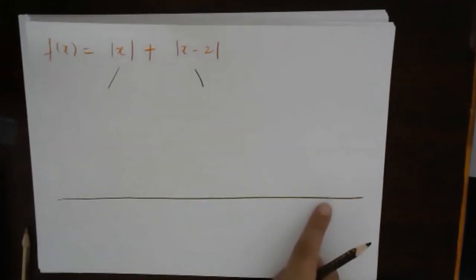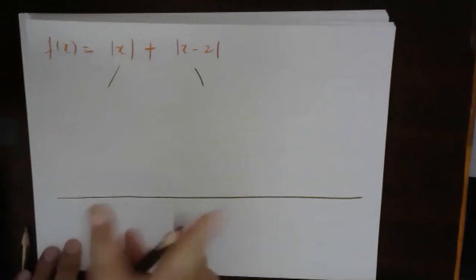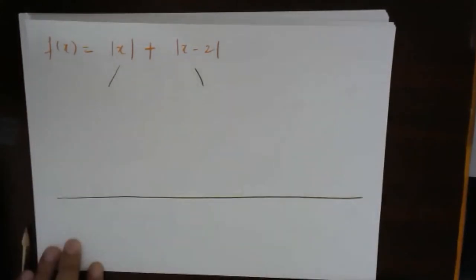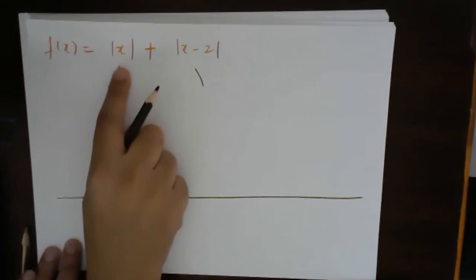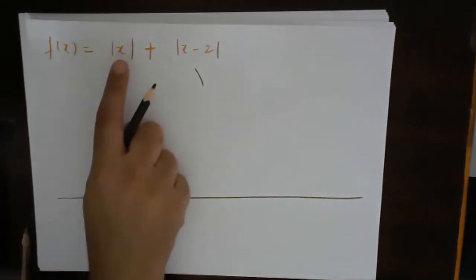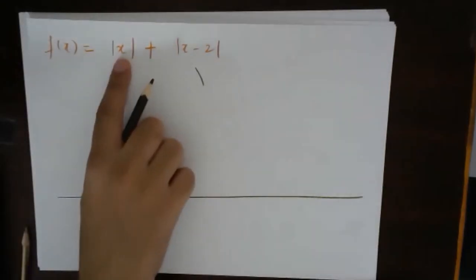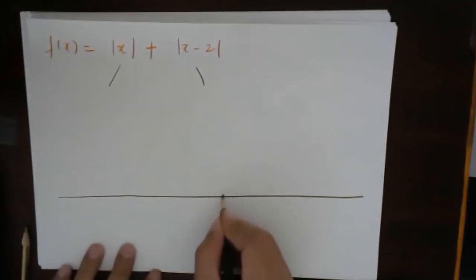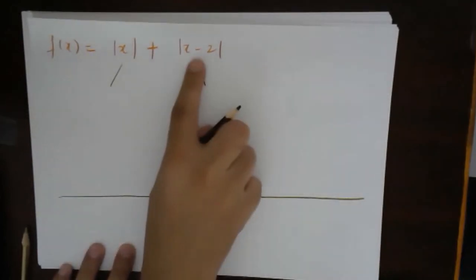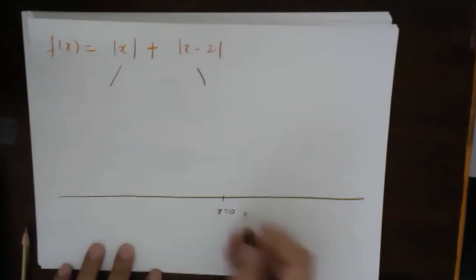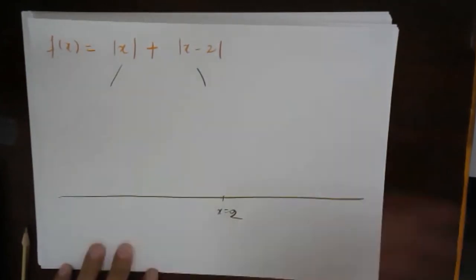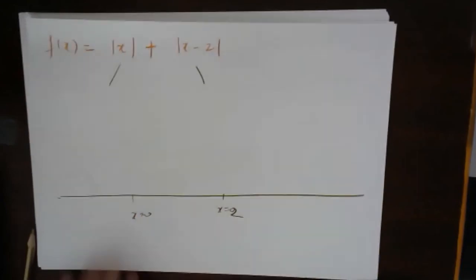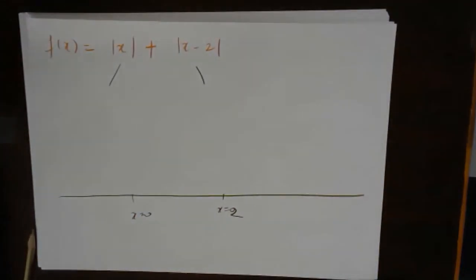Okay. So now what is happening? If this is the x-axis, let's put out 2 points. First is x equal to 0, because around that point this modulus will change sign. And when x is equal to 2, this will change sign. So let's take x equal to 2 on this side and x equal to 0 on this. Okay. Now see.